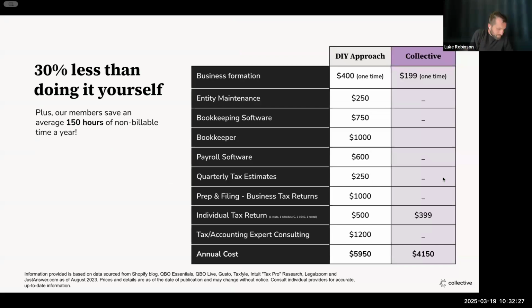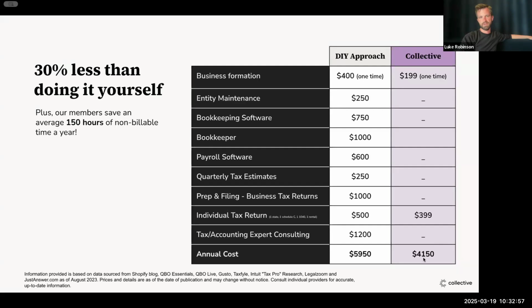It's 30% less than doing it on your own, which sounds kind of crazy, but it's true. And if you go through here, business formation, like setting up an S Corp, is usually around $400. Entity maintenance is $250. You have to pay for bookkeeping software, payroll software, and all of that. And the total cost of having to pay for each of these softwares at once is more than what Collective